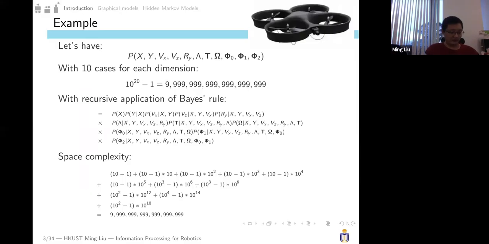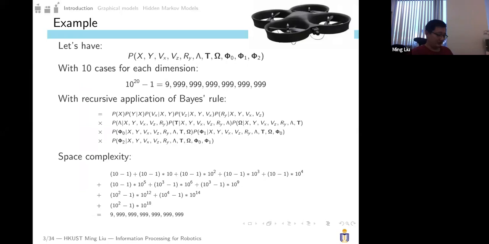Last week, we introduced the graph model, and these graph models can exist in different forms. But at the end of the day, you should know that these graph models just help you to find a proper definition or proper decomposition of the joint distributions. And we have introduced that the joint distribution is a key for all kinds of analysis, especially for the complex